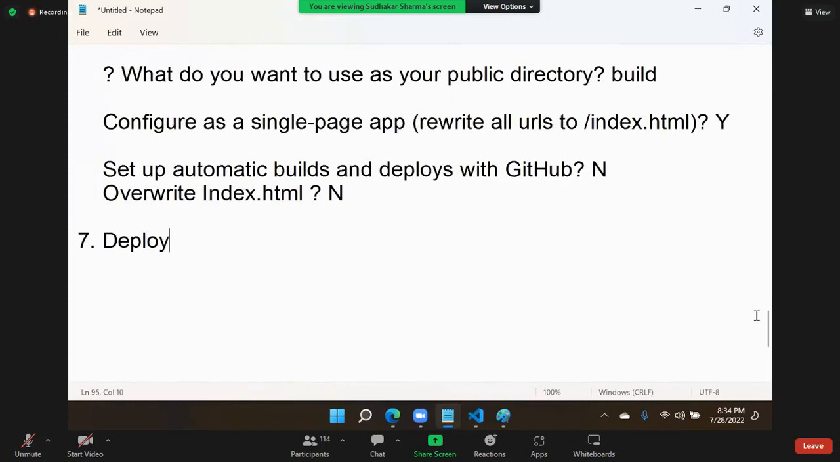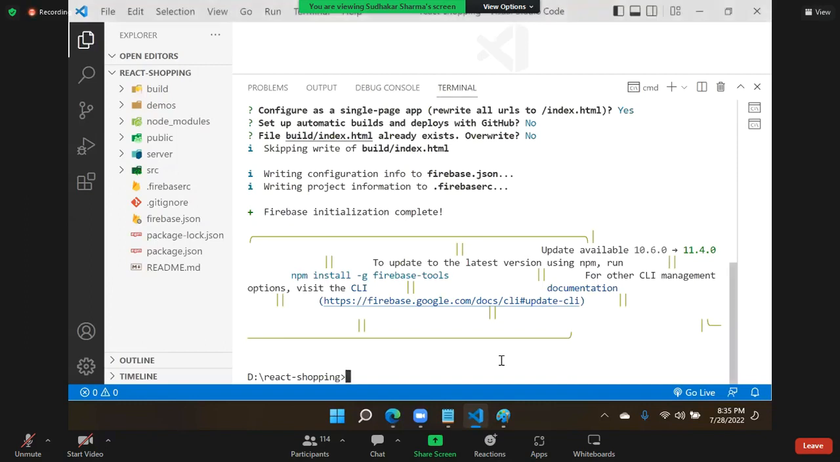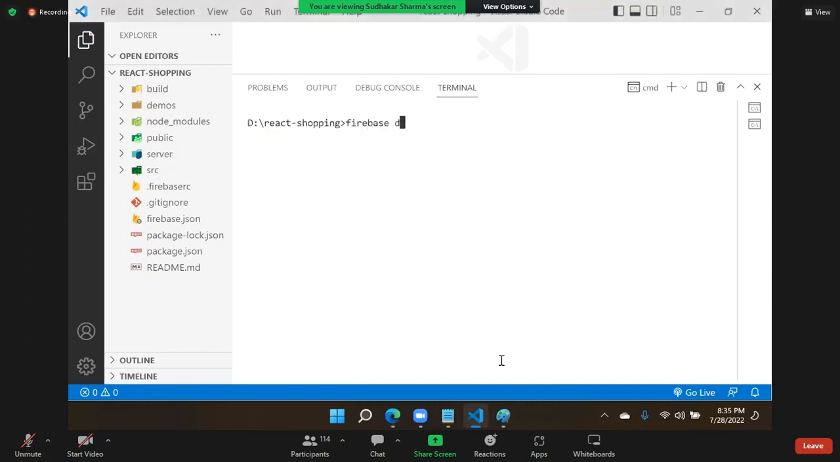Initialization is completed, but still the files are not uploaded into cloud. That means now we have to just use Firebase deploy. We have to run the command Firebase deploy. Just you have to run the command here. So the command is Firebase deploy. And you can see